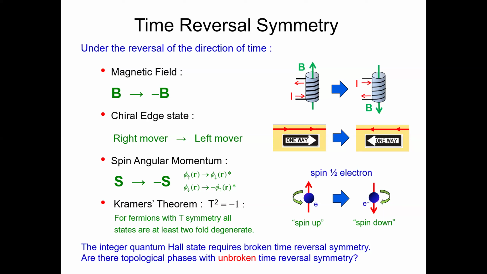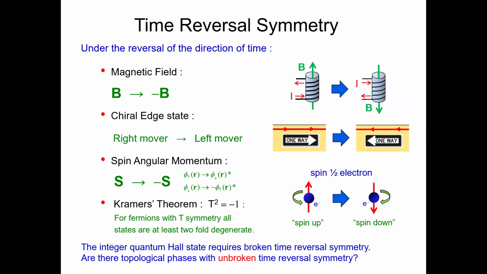This minus sign is the same minus sign that maybe you've heard of: if you have a spin 1/2 and you rotate it by 360 degrees, the wave function will pick up a minus sign. It's also the same minus sign if you have two fermions, which are spin 1/2 particles, and you exchange them. You pick up a minus sign because they're fermions. It's the same minus sign.